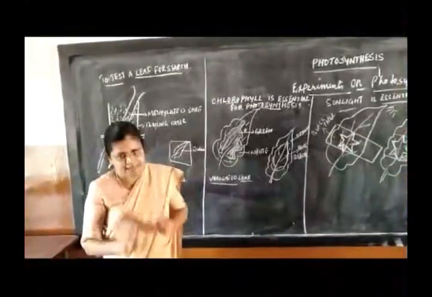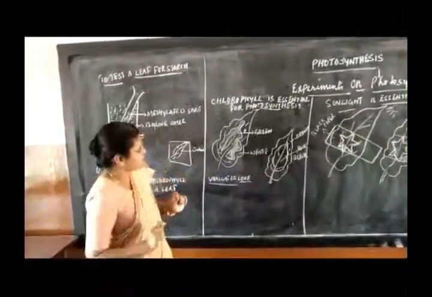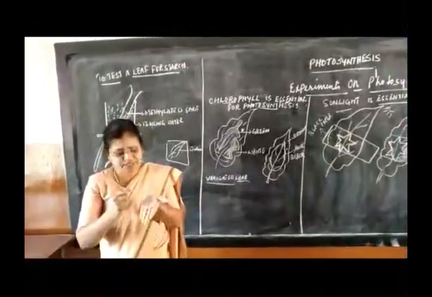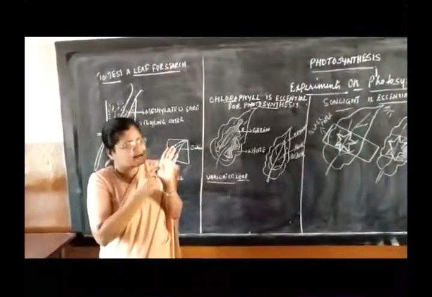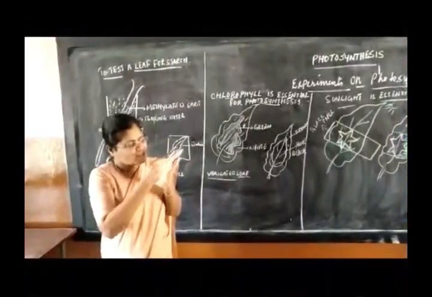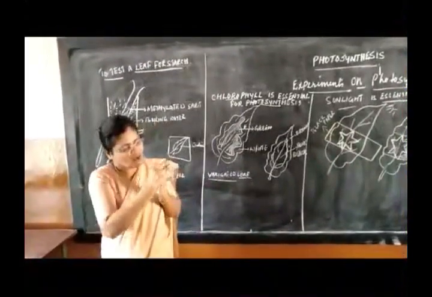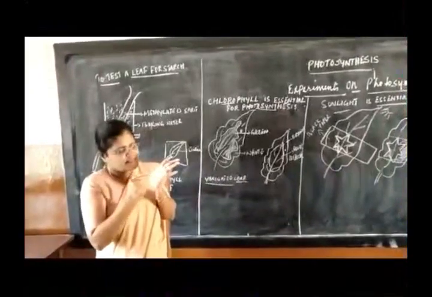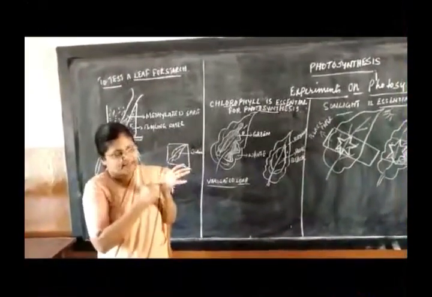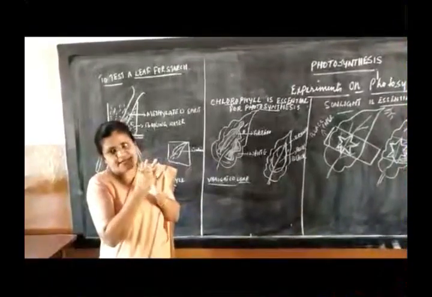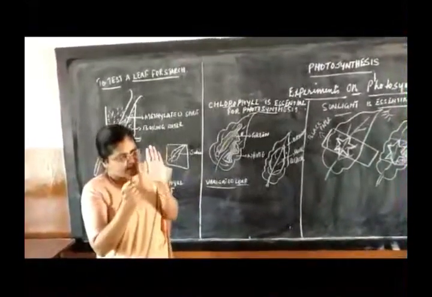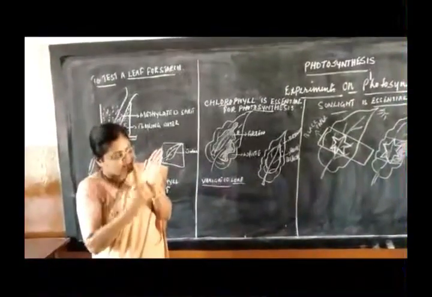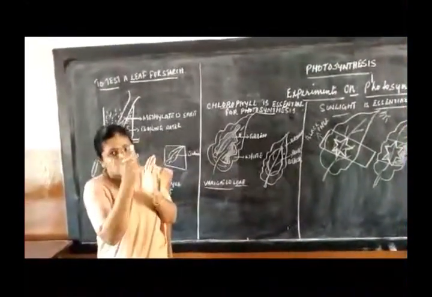So you have to take only that plant which has different colors. At home, if you have croton leaves, you will have red color, orange color, yellow color, white color, green color. Green color means it contains chlorophyll. If it is yellow and orange and red, it contains chromoplast. If it is white, it contains leucoplast. So that particular croton will have all 3 types of plastids. It will have leucoplast, chloroplast, and chromoplast.